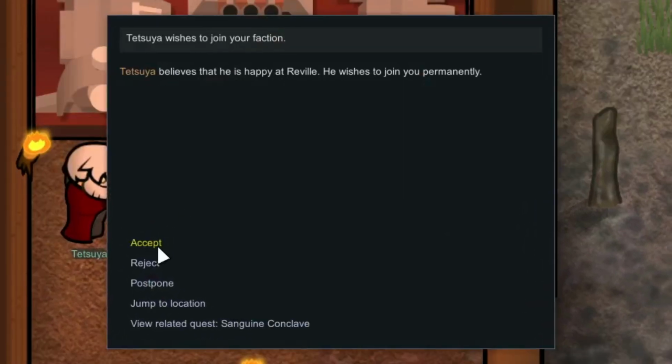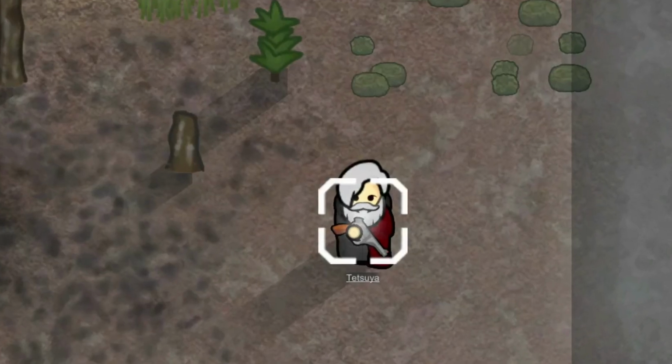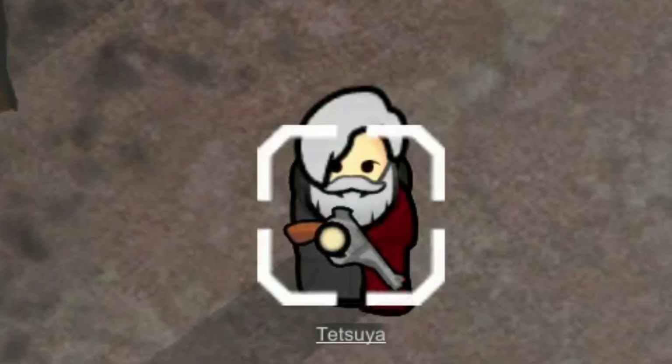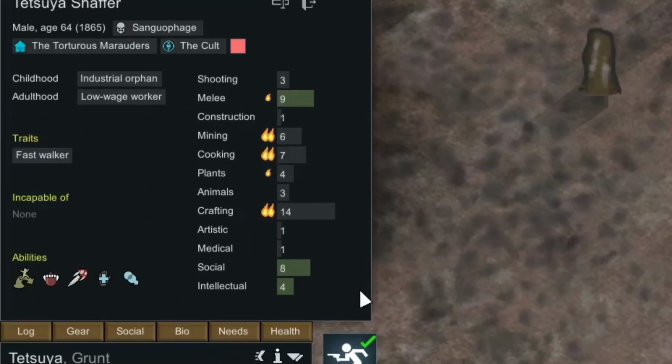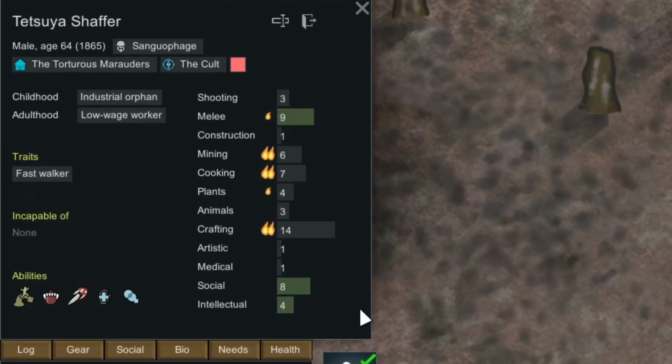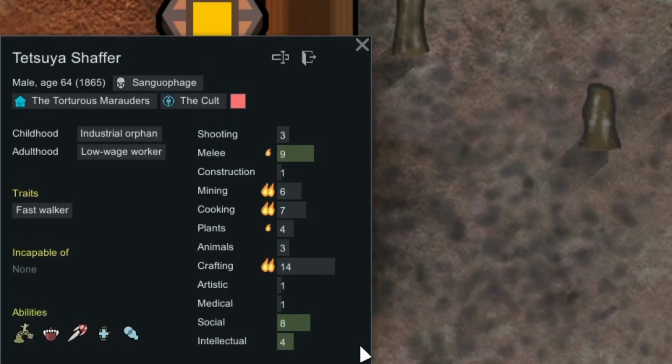This place is very shabby and awful, but we accepted, as we could always use more pirates on board the ship. We could also always arrest him at some point and sell him as a slave. Just don't tell him that though. I don't know that we're going to do that. One, he's a sanguiphage, and also he's pretty good at crafting, cooking, mining, and melee, so, you know, maybe